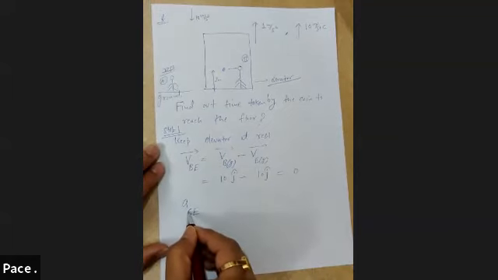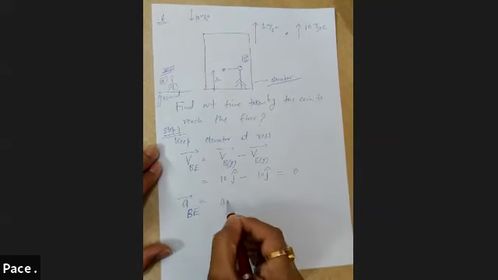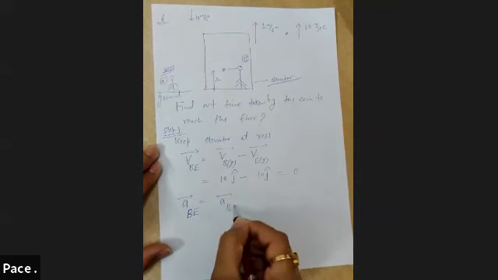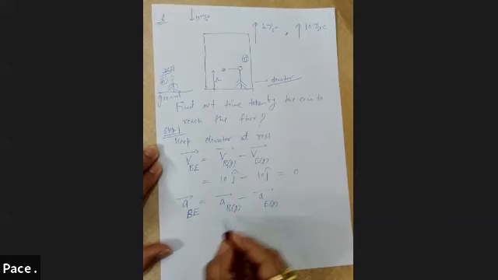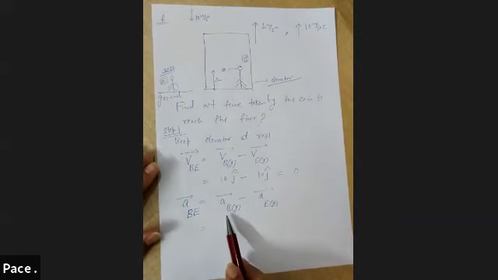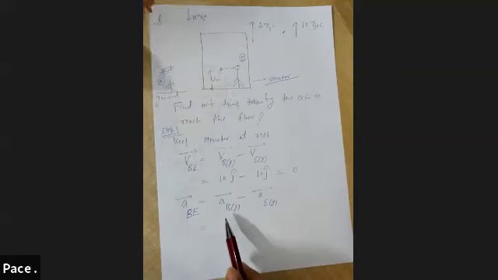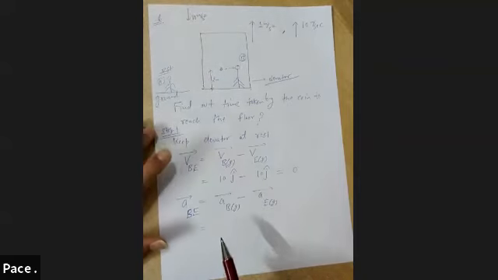Or you can say acceleration of this man B with respect to elevator would be equal to what? Acceleration of man B with respect to ground minus acceleration of elevator with respect to ground. So when the coin is released, this is same as we are talking about coin. When the coin is released, it will do free fall. So the observer who is standing on ground, he will say that coin is having 10 meter per second square, basically only the acceleration due to gravity in downward direction.